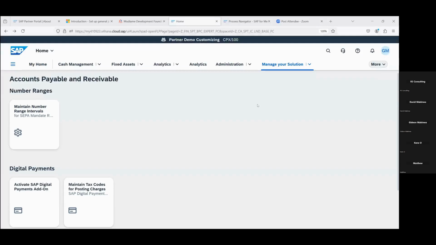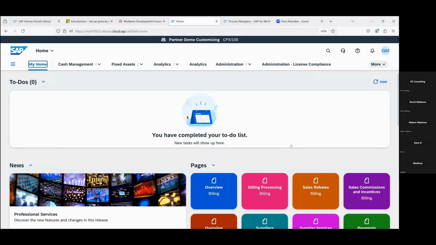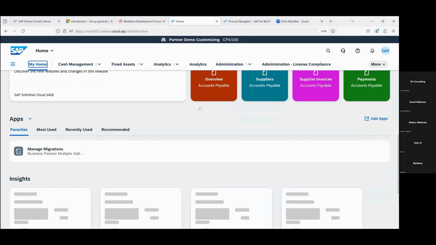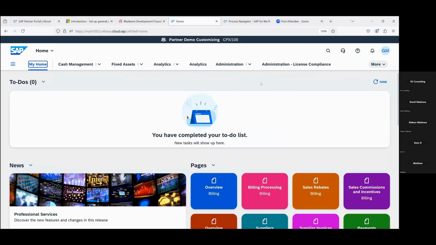Now, like you all know, with S/4HANA, right? This is the welcome page of the solution. Okay, so it's a full cloud solution. Like we can all see once you log in, depending on your role in the organization, you see apps that are relevant for your role, right?